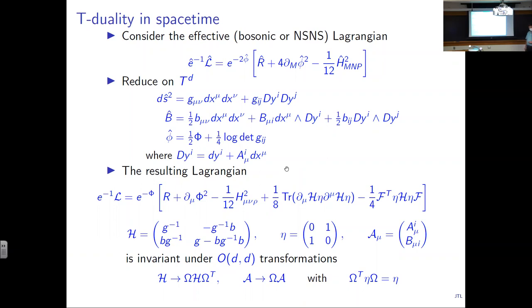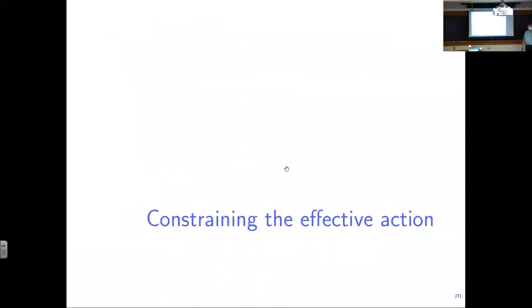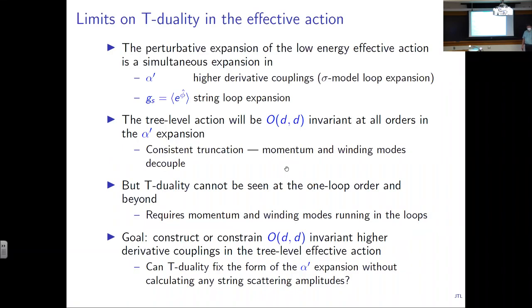The question is what happens when you do the same thing with alpha prime or higher derivative corrections. And I already tried to indicate that because it's a symmetry of string theory, all the alpha prime terms should also be O(d,d) invariant in a nice sort of fashion. So let's look at what happens a little bit. There's something to watch out for, of course. If you think about what kind of stringy corrections there are,